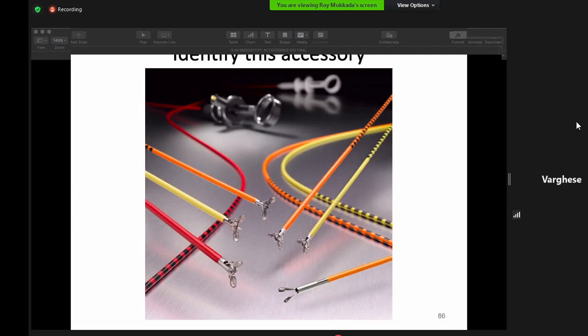But there is a caveat here. You cannot just blindly use it for 2 weeks. You have to do a testing. You have to use their strips by which you find out whether it is biologically active every day, and only if it is active can we use it for that day. So 2 weeks is not blind. You have to check it every day and then use it. Machines will help you make it more standardized, and of course there will be an automatic log if you maintain that system.